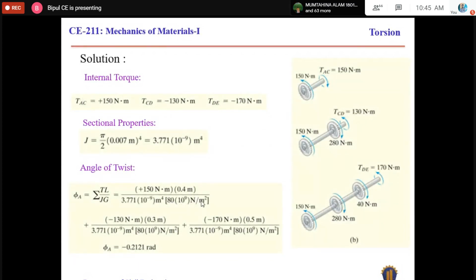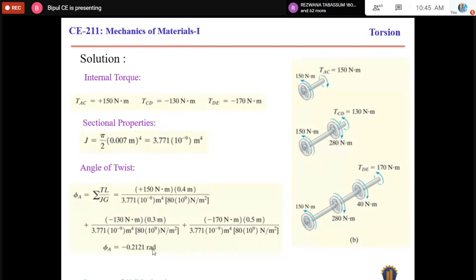To convert into Newton meter, it will be multiplied by 10 to the power 9. And from C to D, the developed torque is negative 130, the length is 0.3, and from D to E, the developed torque is minus 170, the length is 0.5, and this is the J and G. So after calculation, the total rotation of gear A is